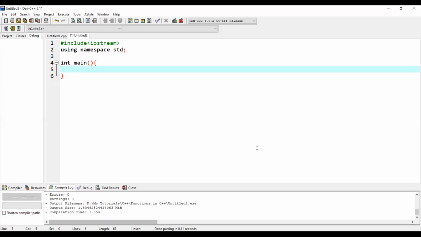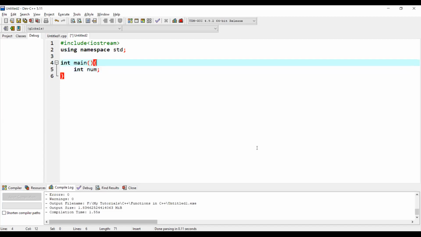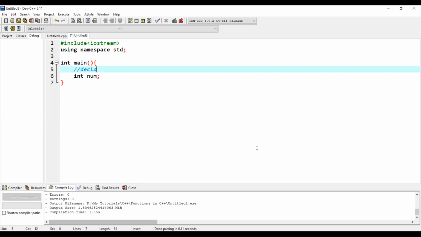Okay, so suppose we want to declare an integer variable. We want to store a decimal value, like a pin code is a decimal value. Then we can have some numbers, for addition of two numbers. So normally we go with a type and a name. The type we have decided is int for an integer variable, and the name given is num. So this is called declaration of a variable.